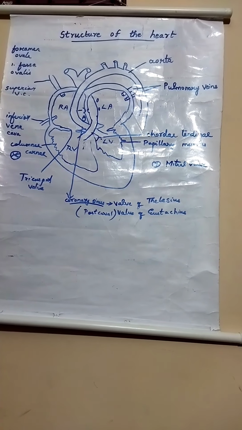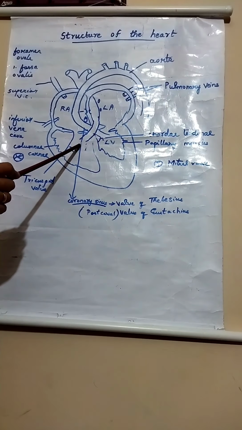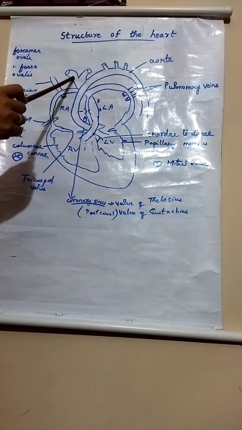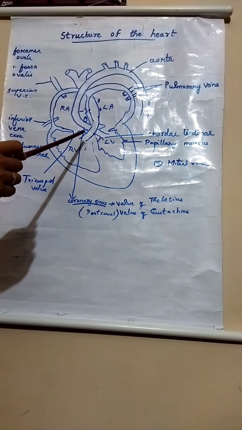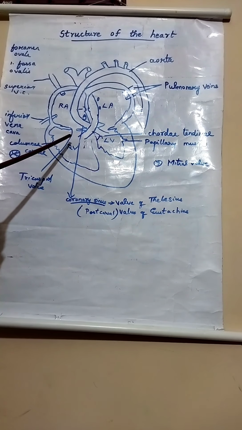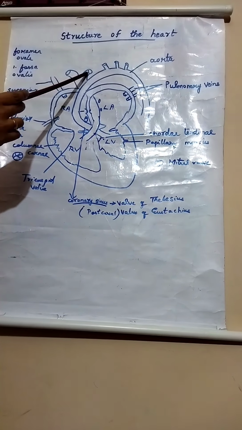So this right ventricle, from the right ventricle, the pulmonary artery is going to take the deoxygenated blood from the right ventricle and it is taken and it branches into two, each